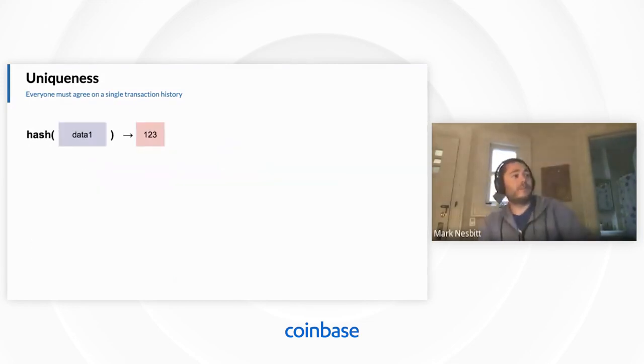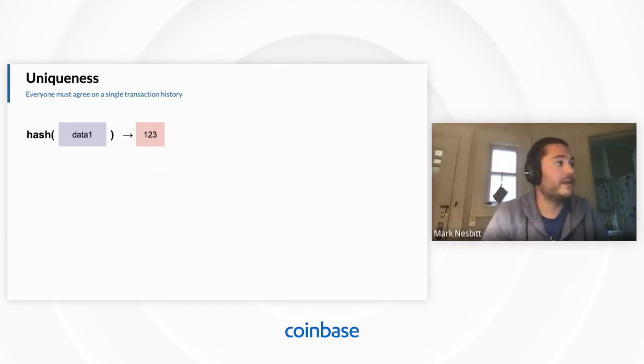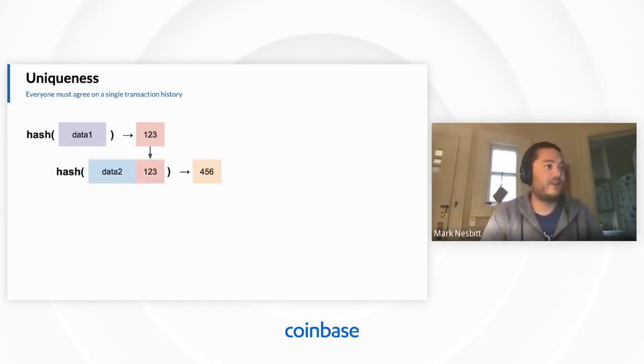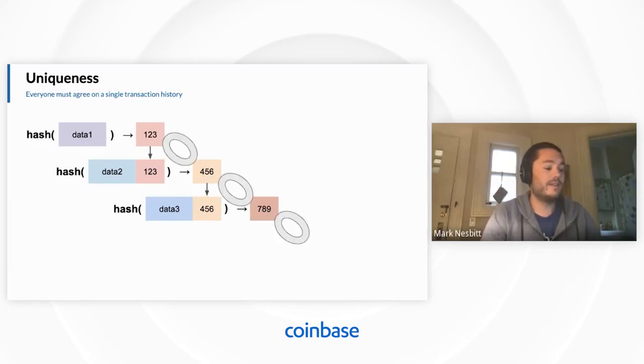Another concept here that we're going to combine with this is the idea of linking hashes together. You can have a hash of certain data and you get some kind of result. And if you use that result as your next wildcard, you concatenate it with some more data. You can hash it and get another result, and you can create a chain of hashes here with the property that they rely on each other. If the first data gets changed, that first result will change, which means the input to the second one will change, which means the second result will change. And you can chain these together.